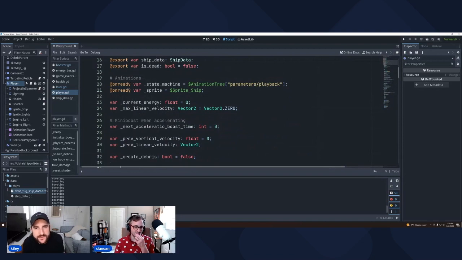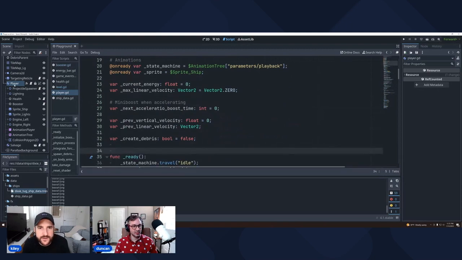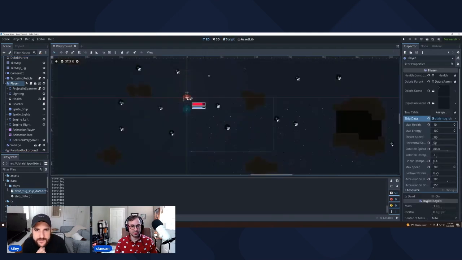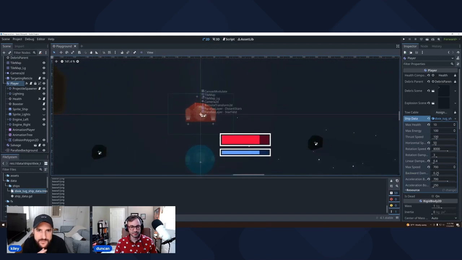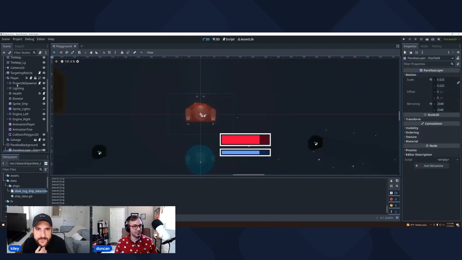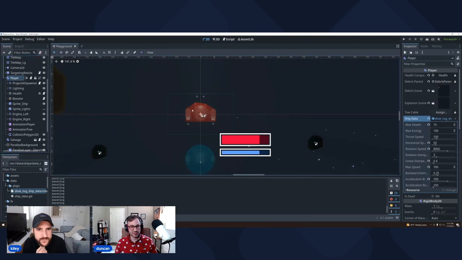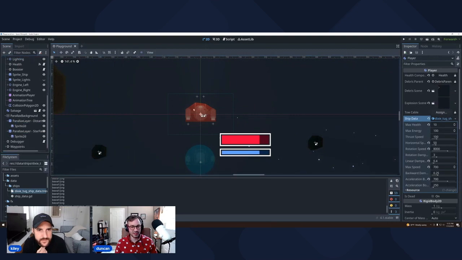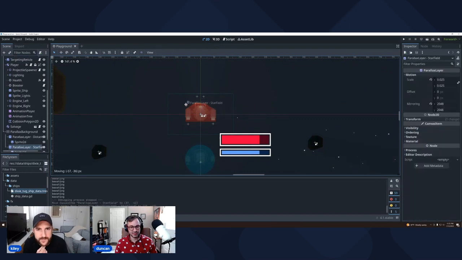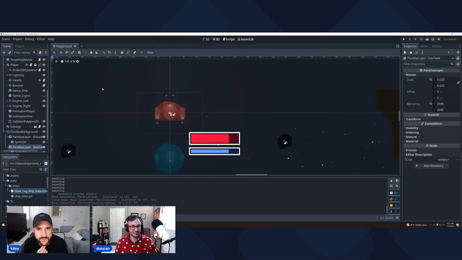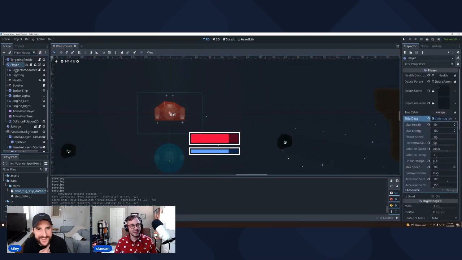Okay, cool. So what we're going to go ahead and do is, to the player, again, if you want to see a visual representation. So this is the player, right? And I will say the one weird thing about Godot is it really wants to grab the bottom thing in the hierarchy by default. So it's just grabbing a bunch of stuff that I don't want it to grab. But this is the player.